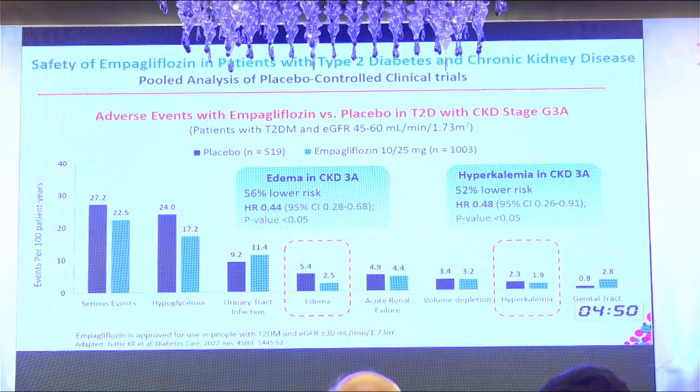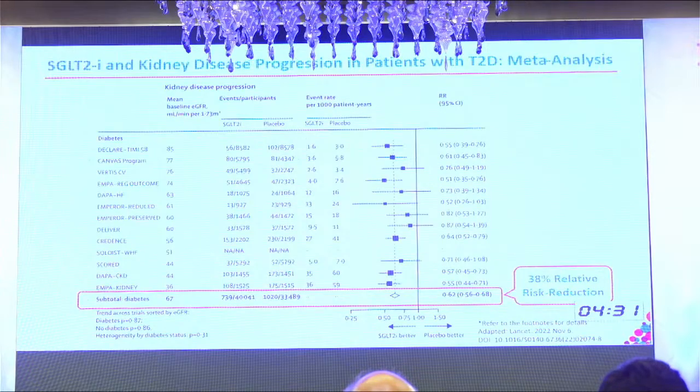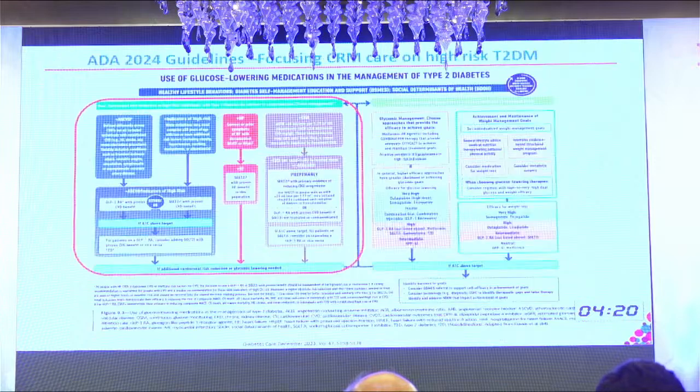Risk of hyperkalemia, which is a major concern when we go on optimizing the ACE inhibitors or ARBs for reducing the hyperfiltration injury, that risk is less. The hyperkalemia in CKD3A is reduced by almost 50% by adding an SGLT2 inhibitor like empagliflozin. SGLT2 inhibitors and kidney disease progression in the different meta-analysis, they have shown a 38% relative risk reduction in progression of kidney disease. And so SGLT2 inhibitors, as emphasized in the previous talks, now come out as the first-line